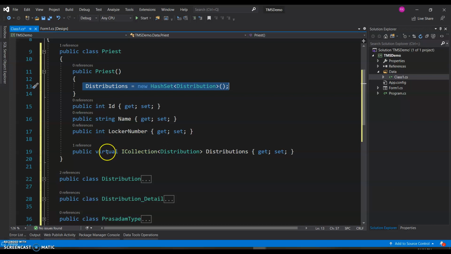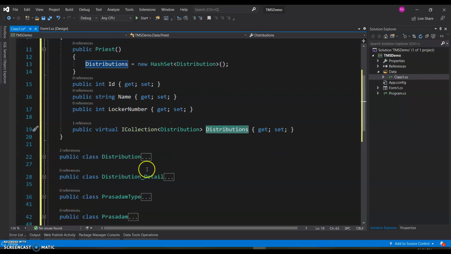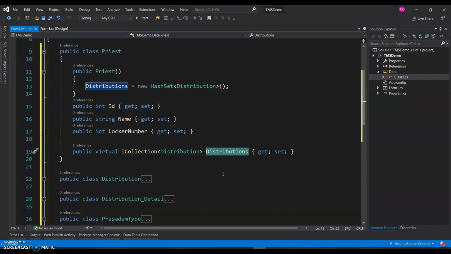And coming to virtual. This virtual keyword is required for Entity Framework to understand that this property called distributions is not simply any other property. It is actually meant for lazy loading. I'm sure you guys remember the previous discussion we had on lazy loading and eager loading.